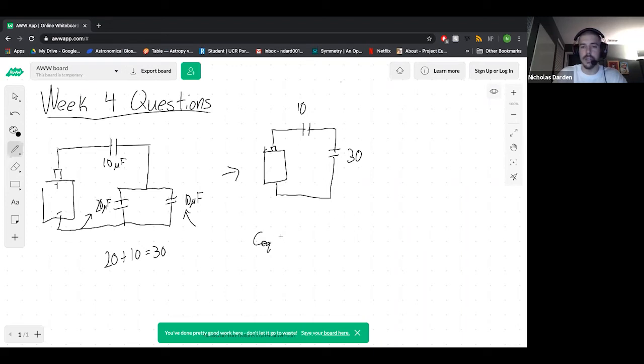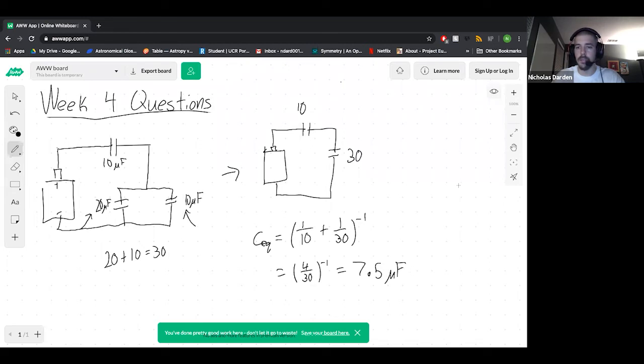So our total equivalent capacitance is going to be 1 over 10, so this 10 microfarad capacitor up here, plus 1 over 30. And then we're going to take the inverse of that. So what this is going to end up giving us is 4 over 30 to the inverse. And if we just plug this into a calculator, or however you want to do it, you're going to get